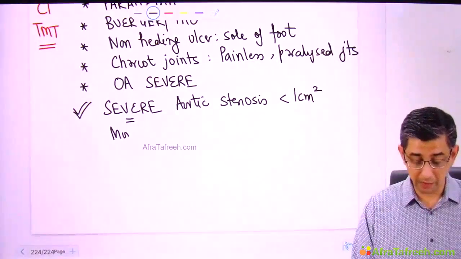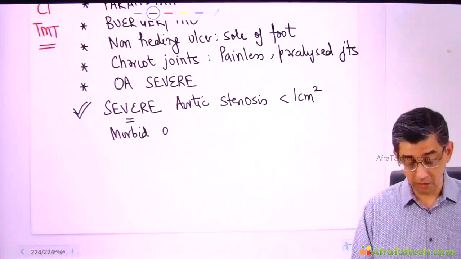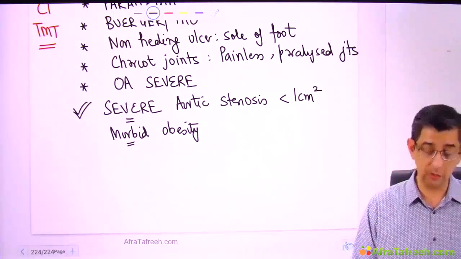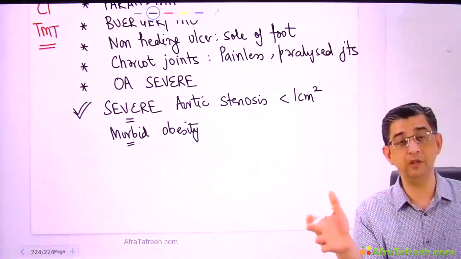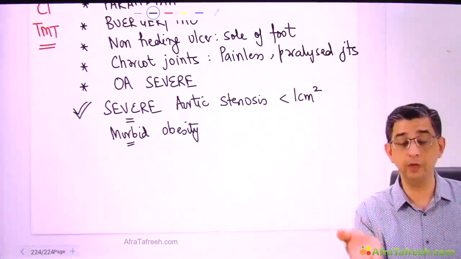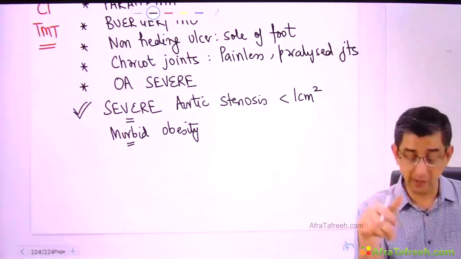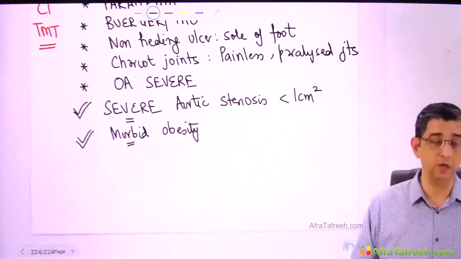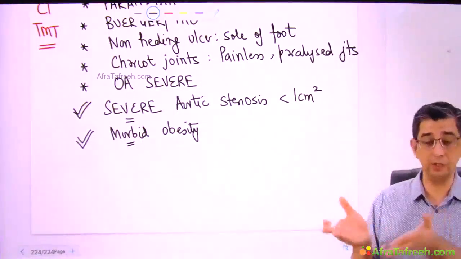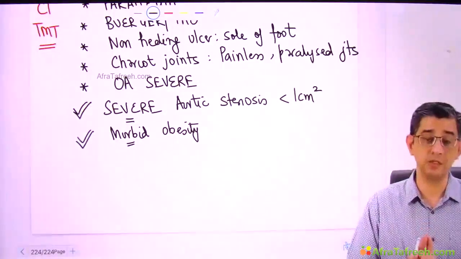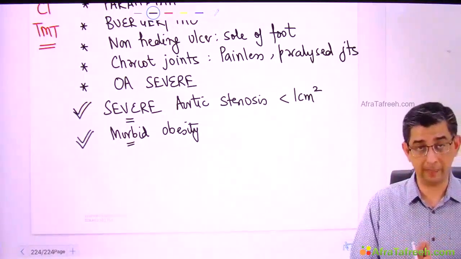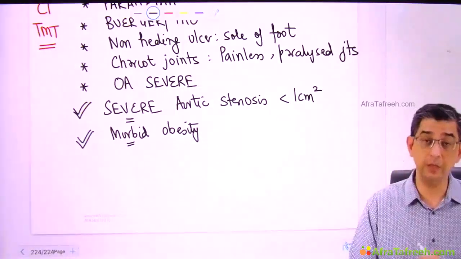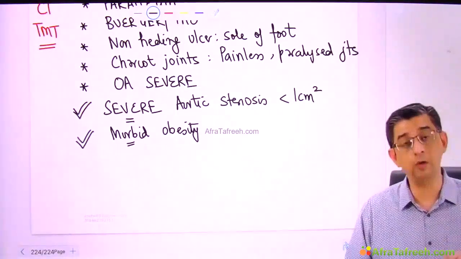Similarly, I'm giving a patient who's so fat that though he's motivated enough to walk on the treadmill, your manufacturer guidelines say that somebody with a weight of more than 125, 130, if he tries to walk on the treadmill, he will destroy the belt of the treadmill. I mean, this guy, morbid obesity, even if he's motivated enough, you won't let a very fat guy walk on the treadmill because he can destroy your equipment. The message is, if somebody is having plain obesity, yes, I can make a person walk on the treadmill, but not morbid obesity.